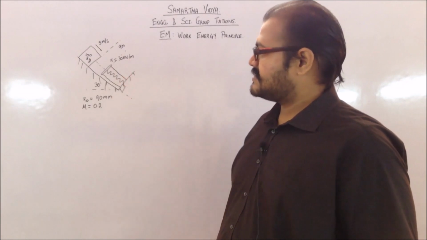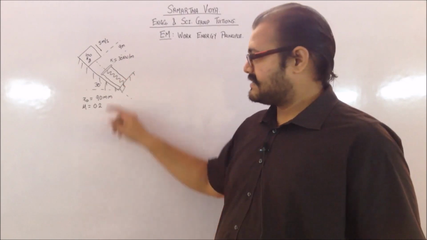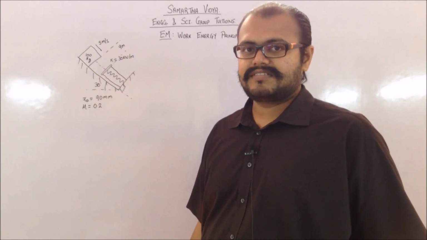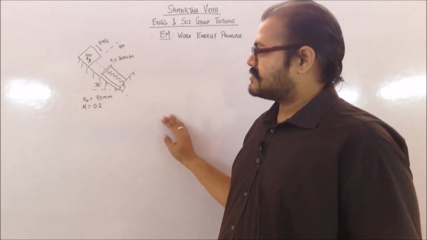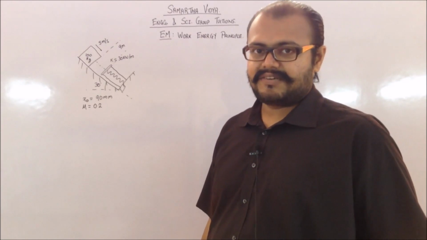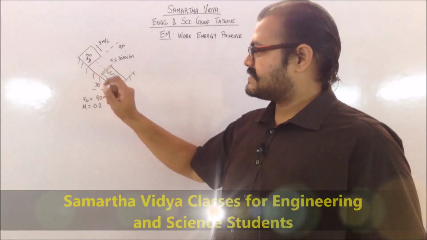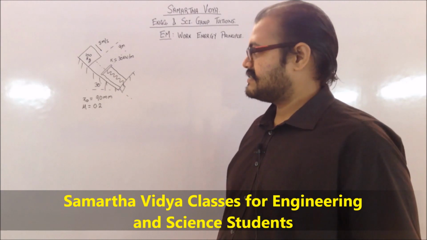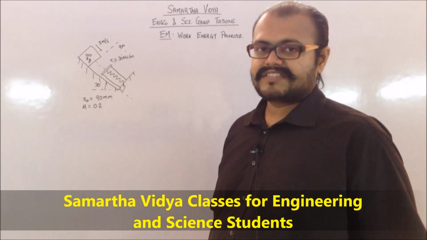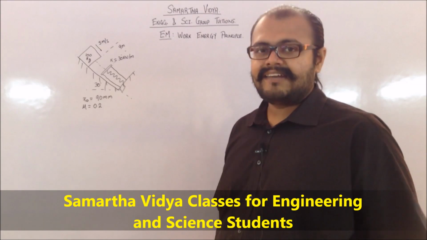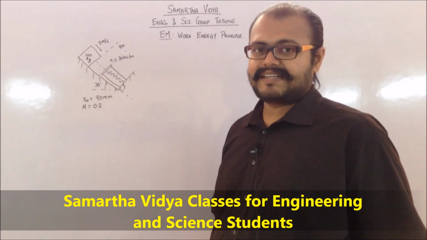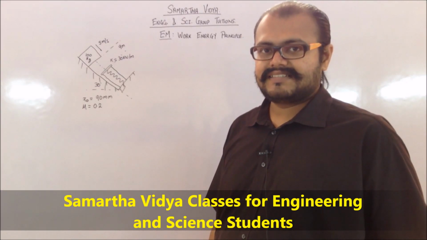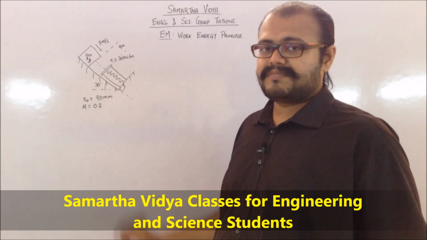And the spring constant is given as 30 kilonewtons, and this is on an inclined plane with a 30 degrees inclination with the horizontal. So in this case, you need to first of all understand the different forces which are acting on it. So you can see that there is the weight of the block, so obviously there is a gravitational pull present in it. Since there is a frictional coefficient given, there is a frictional force also present. And when the block hits this particular spring arrangement, then in that case there will be spring force also present.